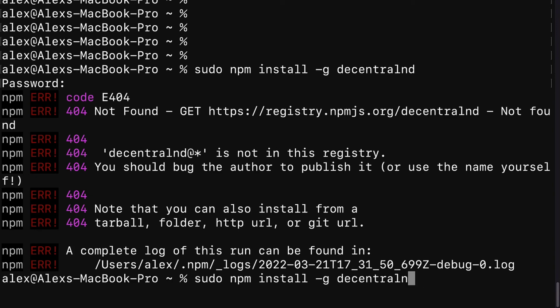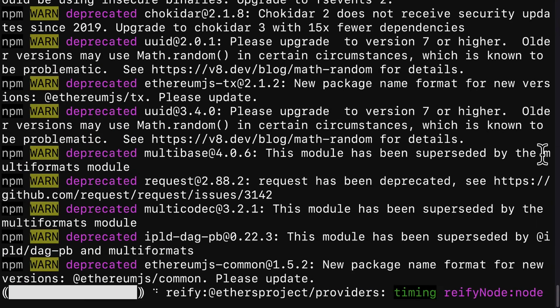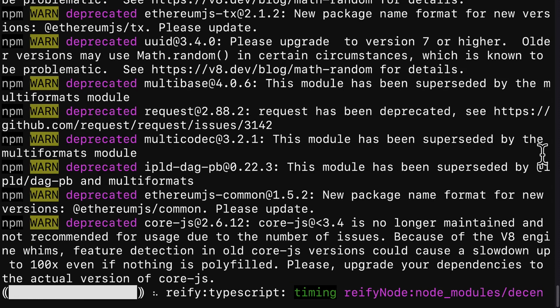And I spelled Decentraland wrong, so just be careful about the spelling of your commands. Spelling and casing is important to get correct on a Unix terminal for Mac and Linux. On Windows, again, spelling is very important, casing is less important.